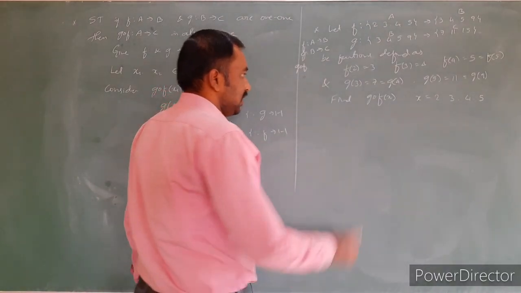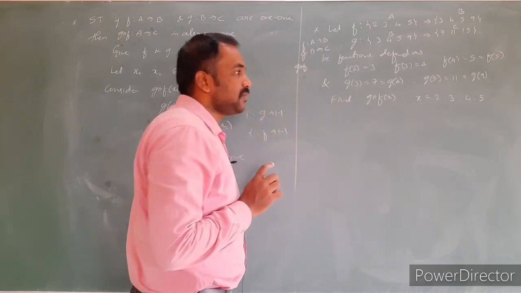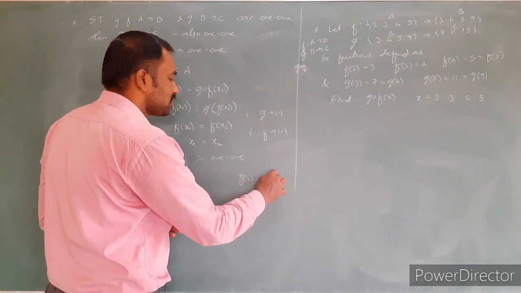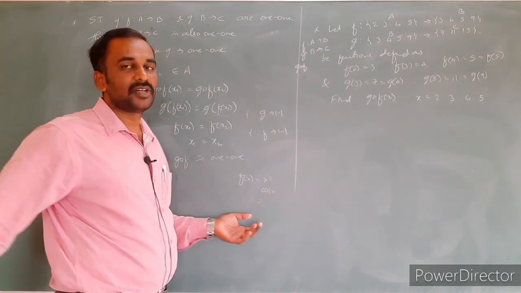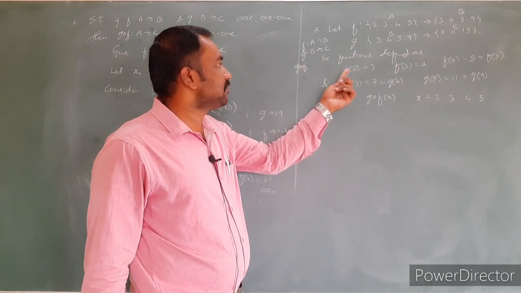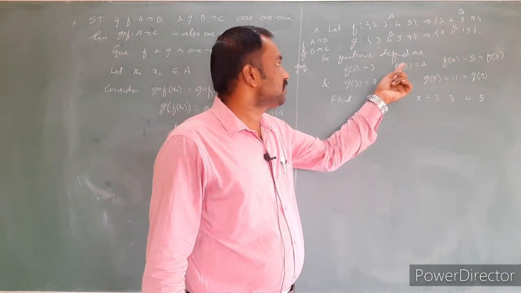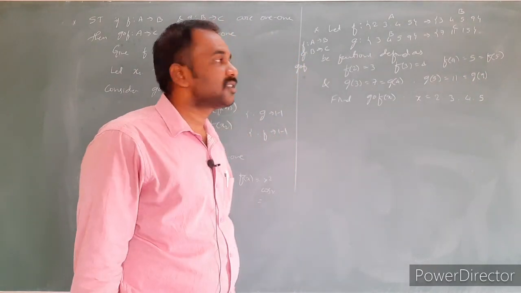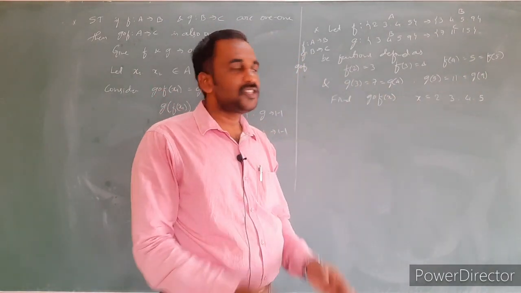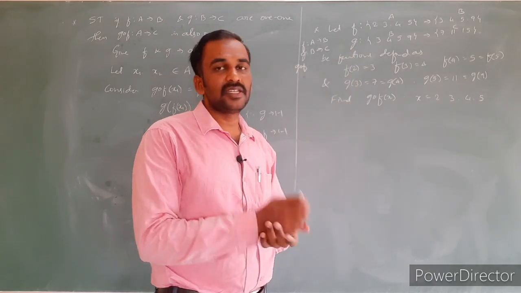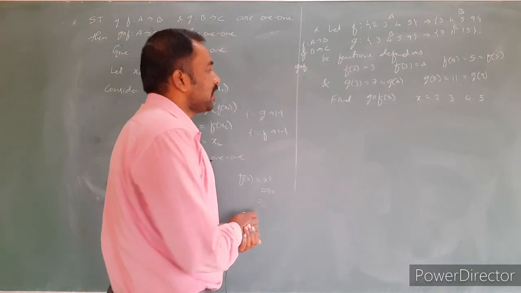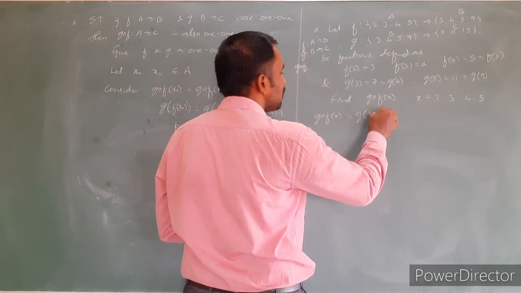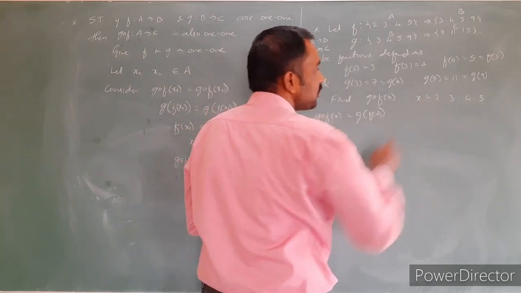Now here they have given the images particularly. Instead of giving f of x equal to x square, or f of x equal to cos x, or some other rule, they have given it in this way. The image of 2 under the function f is 3, the image of 3 under f is 4, the image of 4 under f is 5, and similarly the image of 5 under f is 5. Similarly, they have given the images of different elements under the function g. Using this, I need to find g circle f of x, which we can write as g of f of x, provided that x is 2, 3, 4, 5.